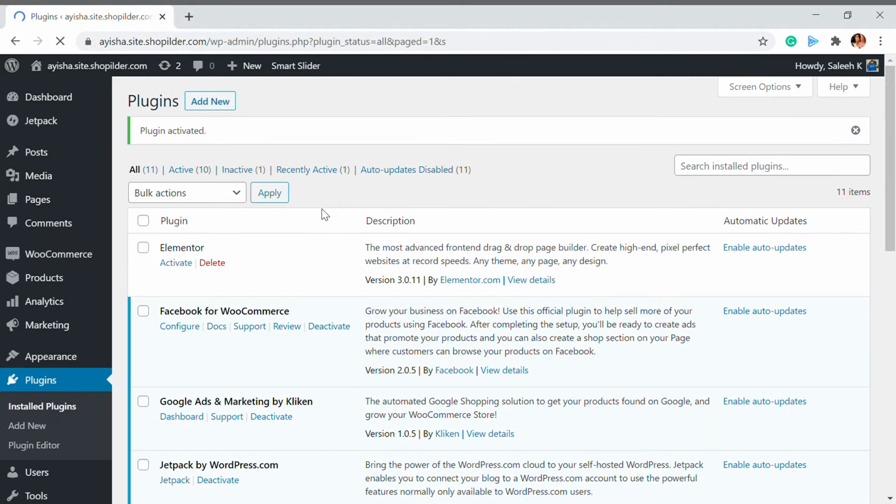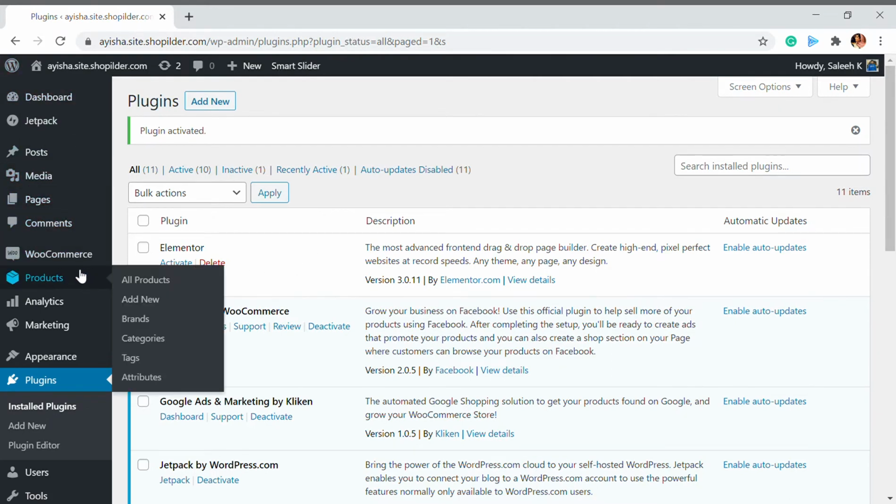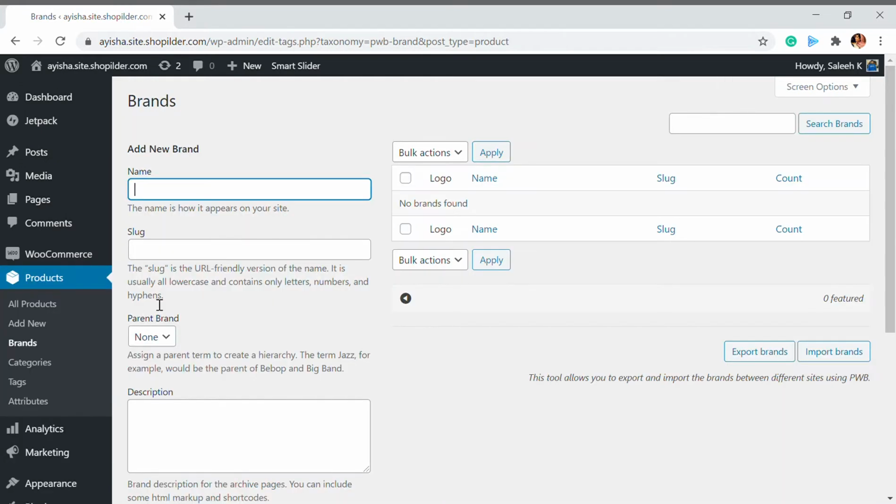After activating this, you will be able to see that in the product section, you can add the products first, all the products you have, and then add the brands. That's how it works. So you'll see this Brands option from here, and click on Brands. Now you can add the brand that you have. If you have a local brand or an international brand, it doesn't matter. You just need the brand name and logo and those things.